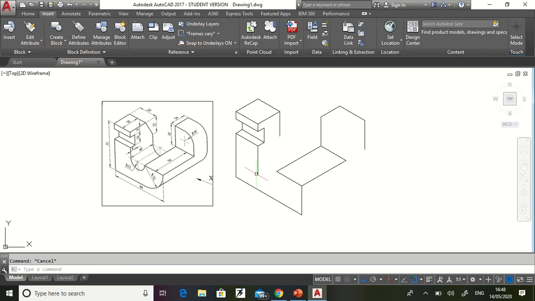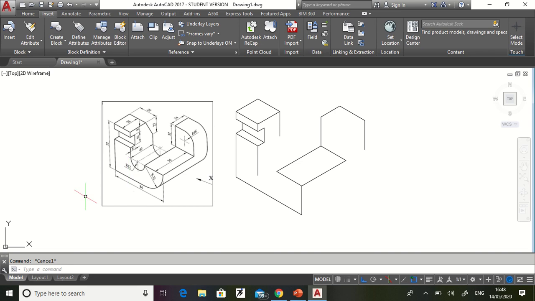Okay, now you see the distance over here, this is 32 from here, so we will draw one semicircle here of radius 12. Now I'll be explaining how to draw the circle in isometric, so pay attention in this.